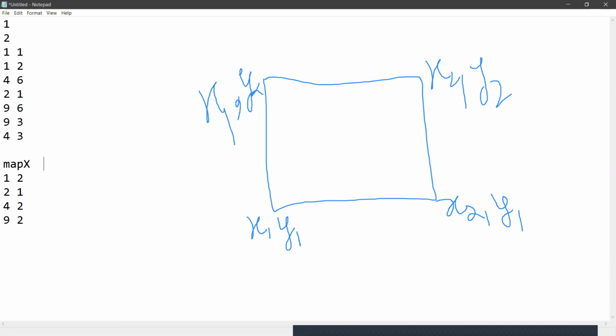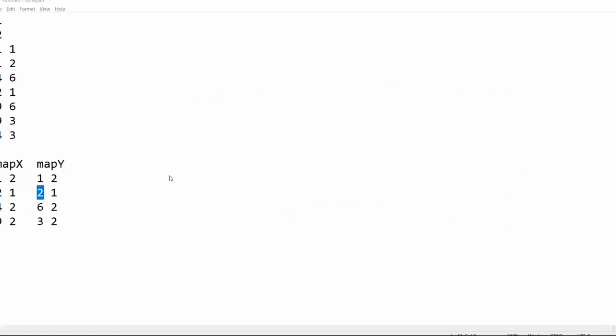Map y is: 1 occurs 2 times, 2 occurs 1 time, 6 occurs 2 times, 3 occurs 2 times. All the other values are even, but only these two values are odd, and these two values are 2 and 2. So the missing pair is 2 comma 2, and the answer is also 2 comma 2.